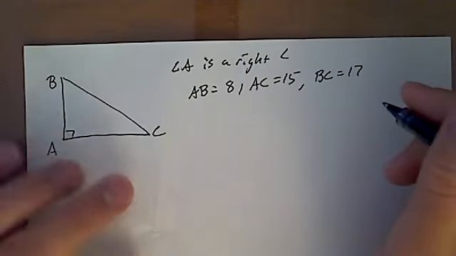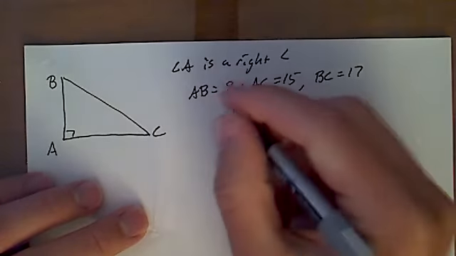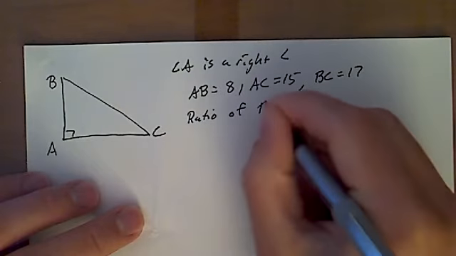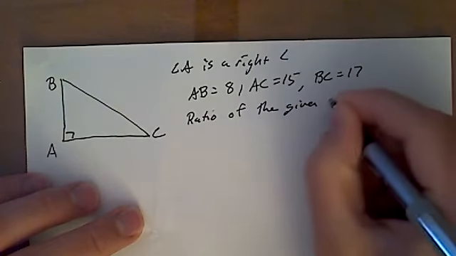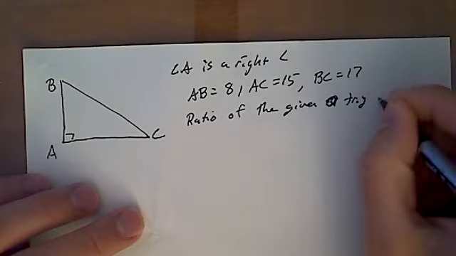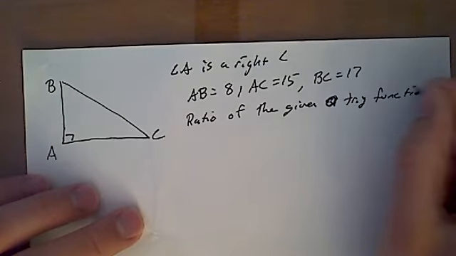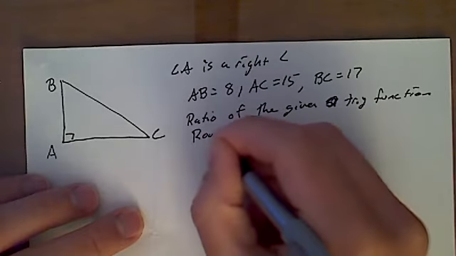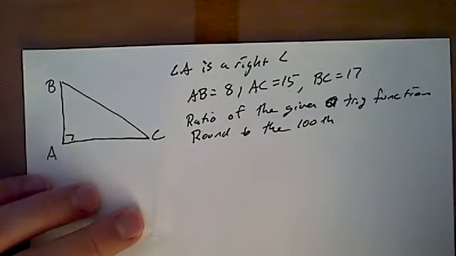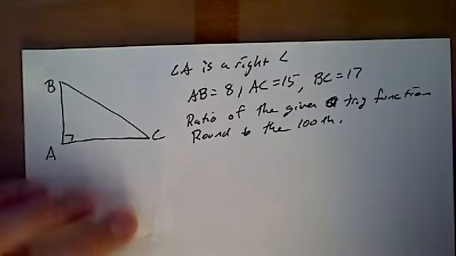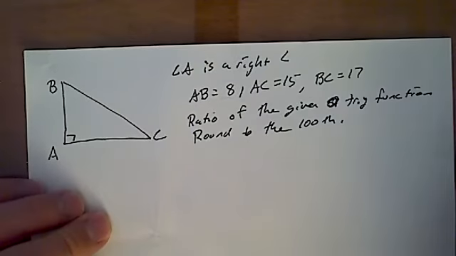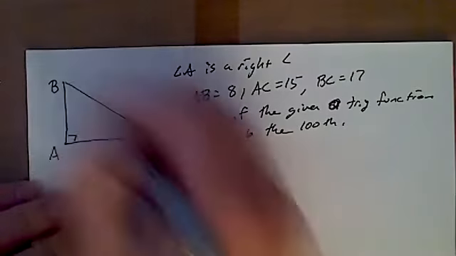And it'll ask for the ratio of the given trig function, or something like that, right? Round to the 100th. All right, so again, what this is saying, it may be helpful for you to just draw this triangle out